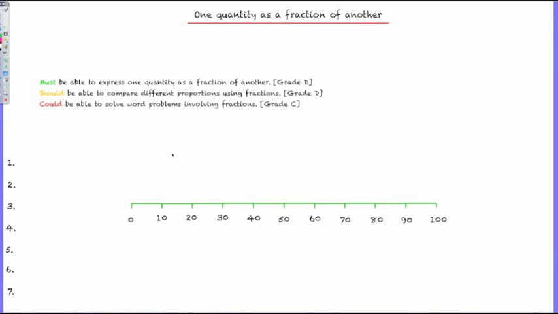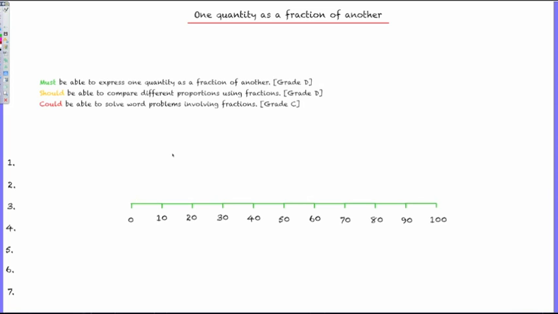Okay, in this session we're going to be looking at finding one quantity as a fraction of another. So by the end of the lesson we must be able to express one quantity as a fraction of another. We should be able to compare different proportions using fractions, and some of us could be able to solve word